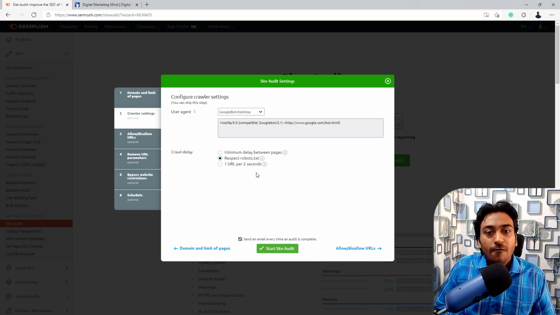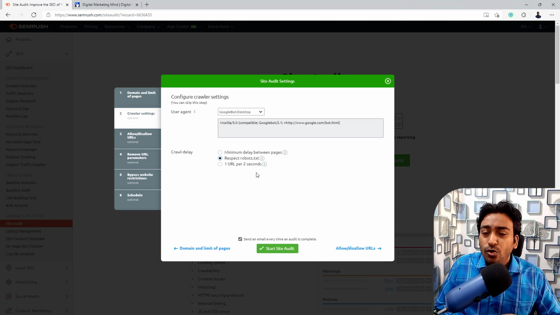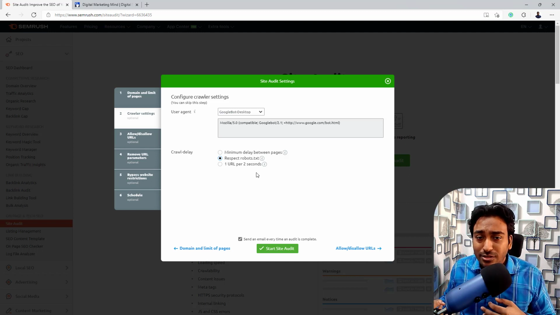strategy in SEO, where we can filter out and give instructions to a crawler or any bot which is crawling your website, saying I don't want you to go through these web pages, I don't want you to go through these particular folders. You can control your website architecture like that. The reason is sometimes you don't want some of the web pages or sections of the folder being indexed on